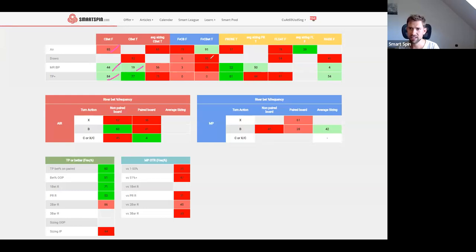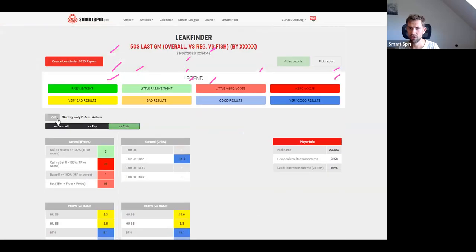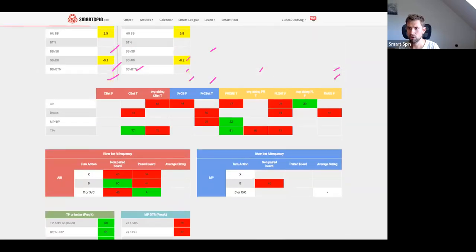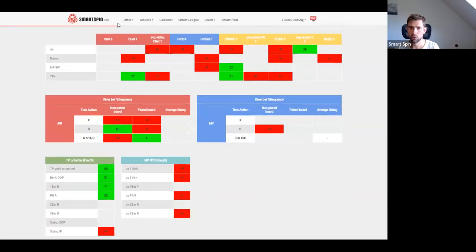They show some tendencies, but unless there are plenty of them and they are in one color, we shouldn't care about them. So we can turn off these small mistakes to have fewer numbers,